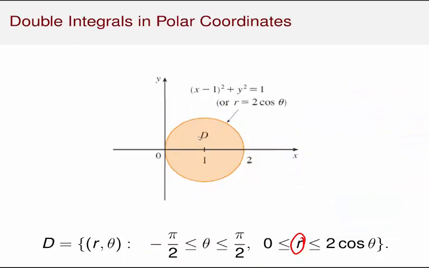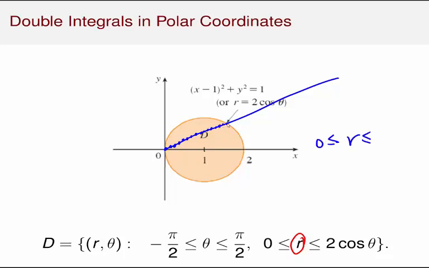And for this, we are going to fix a particular ray cutting through the region D and look at the points on this ray which must be included inside the region D. So for example, if this is a fixed ray cutting through the region D, the range for the variable r will be determined by the distance, or rather distances, of the points on this ray that is inside the region D. Well, it seems we have to start from the origin, because this is a point inside the region D. And by going away from the origin on this ray, it seems that we need to include all the distances starting from 0